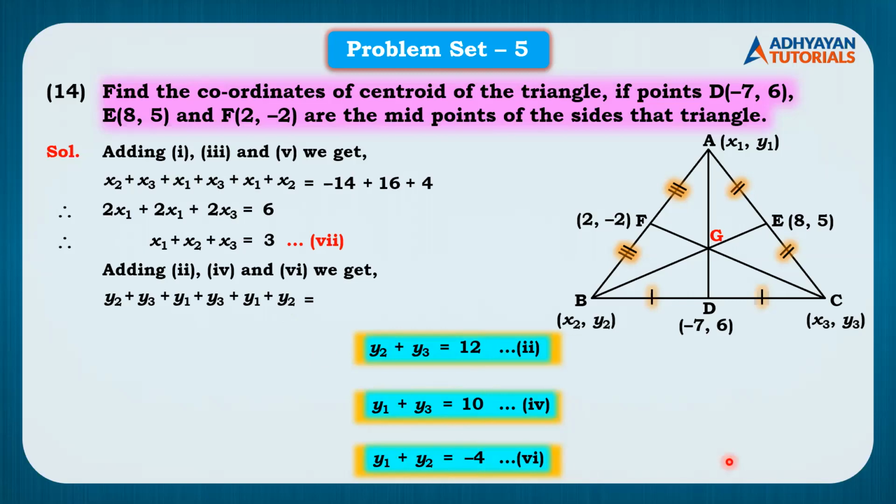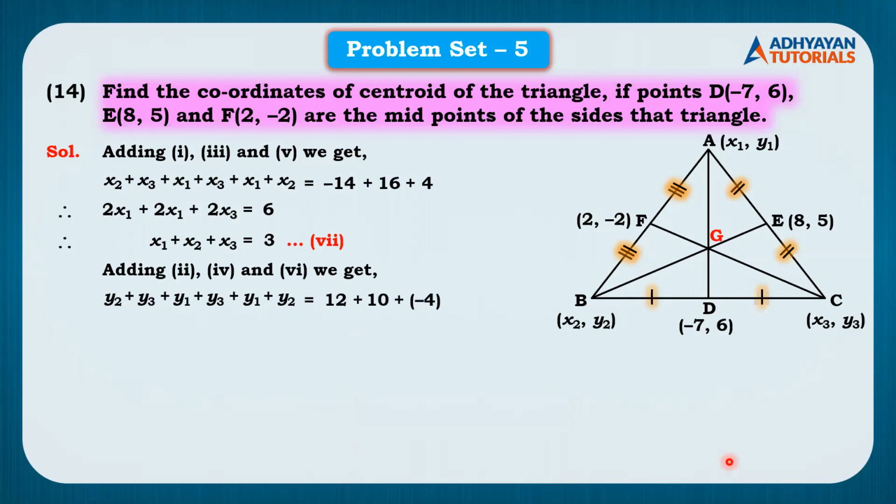इज इक्वल टू, राइट हैंड साइड को ऐड करोगे तो 12 प्लस 10 -4 प्लस माइनस मतलब -4. ओके, सो वापस आप देखोगे तो सारे डबल है. 2y1 प्लस 2y2 प्लस 2y3. अगेन देयर इज अ मिस्टेक हियर, ये 2 बार हो गया रिपीट. 2y2 है ये, y2 इज इक्वल टू 12 प्लस 10 इज 22. ओके, -4. सो 22 - 4 इज 18. समझा? सो नाउ सबको 2 से डिवाइड करो. सो डिवाइडिंग थ्रू आउट बाय 2. सो y1 plus y2 plus y3 is equal to 9. Equation number 8.